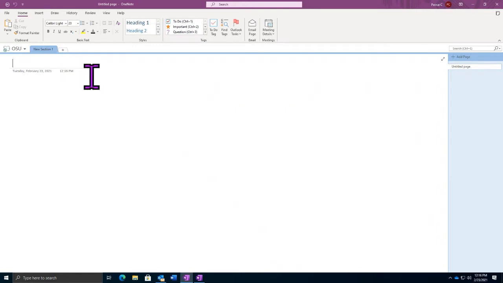Now I want to talk about the organization of our notebooks in general, because there is a really specific way that our notebooks are organized that helps to facilitate the access of certain resources or really just organize our information in general. And I like to compare our notebooks to a filing cabinet. Our notebook itself is really the shell for our filing cabinet. It doesn't have any drawers in it. It doesn't have any documents yet. It's just an empty filing cabinet.